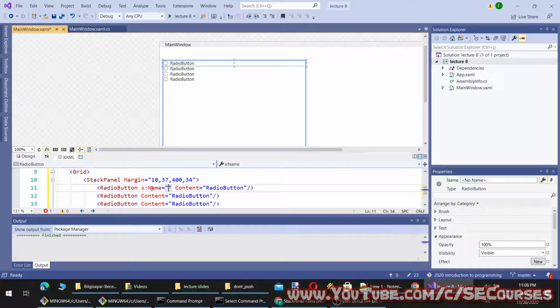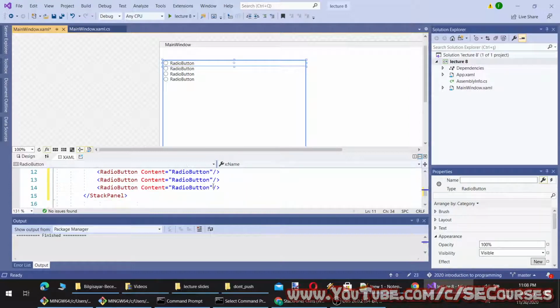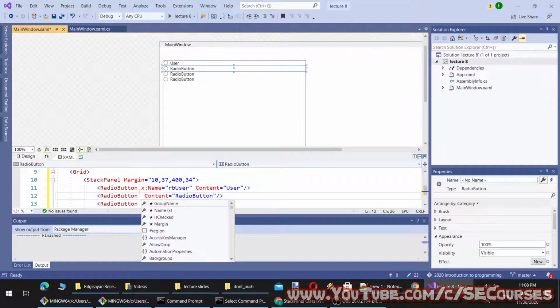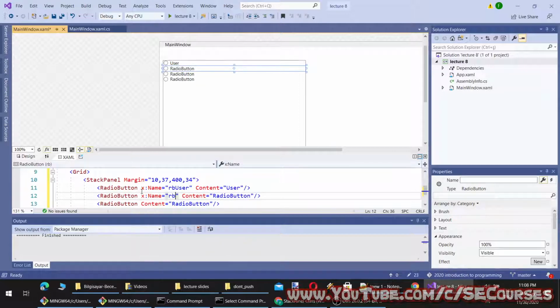Let's say our choices can be authority level. Okay, so I'm going to make them such as, how to make it. Okay, I'm going to make them as radio button user. And let's give the name as student.